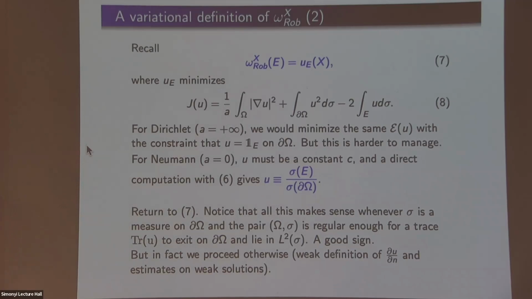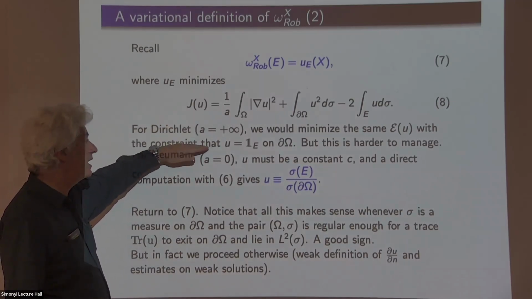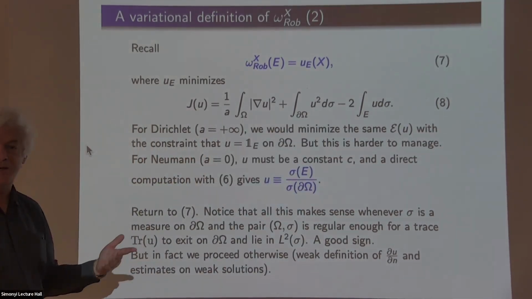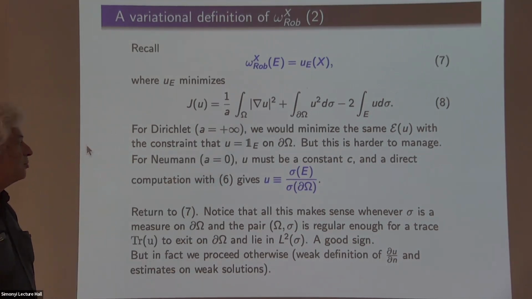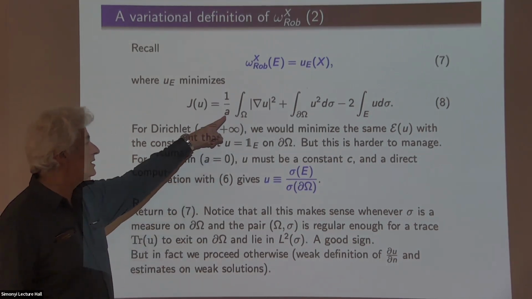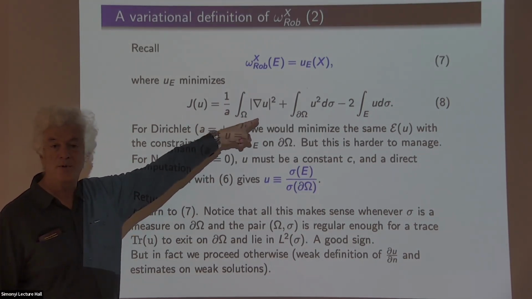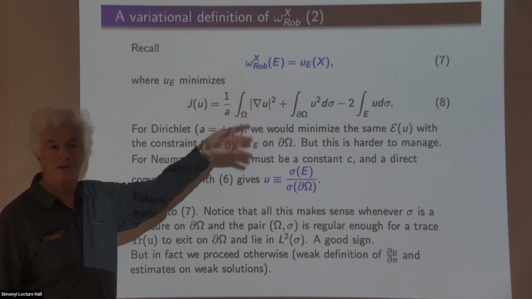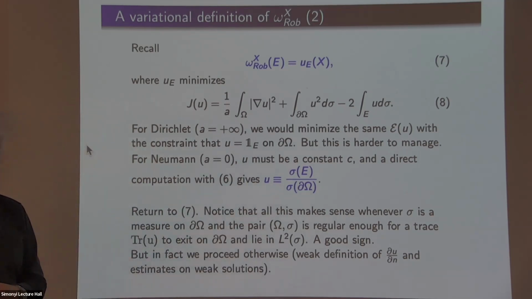Okay, and then I have a comment saying that if you were interested in Neumann, so in Dirichlet, it would be this, but you would be forced to have these given values. So the integral, you don't care because it's the only thing that varies is here. And for Neumann, Neumann means A is extremely small, which means this term is multiplied by something enormous, which means U should be constant. And when U is constant, you can check the rest of the terms and find out that U should be sigma.